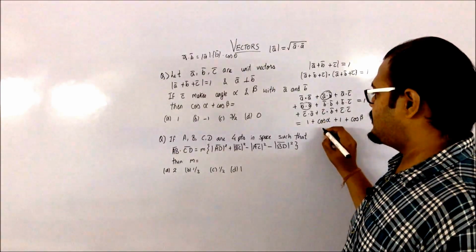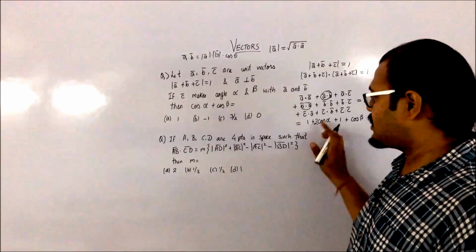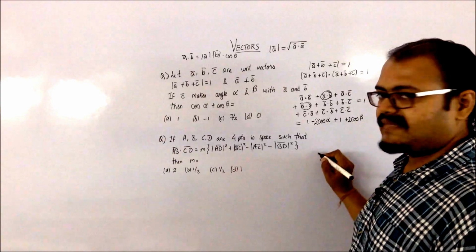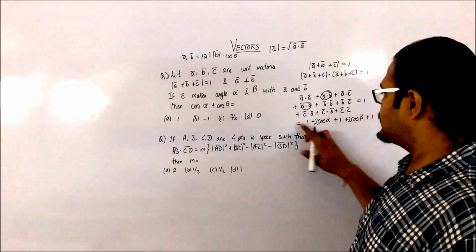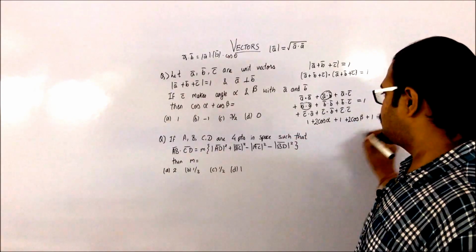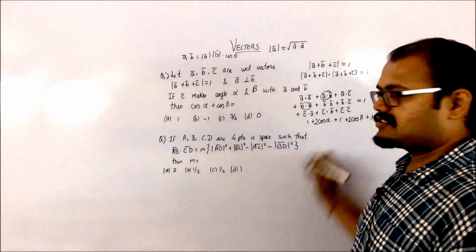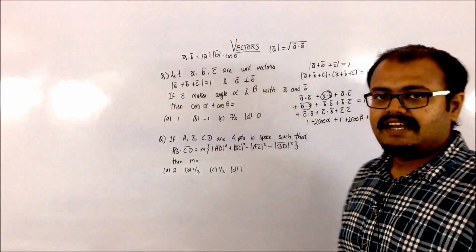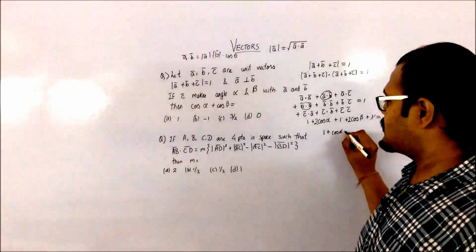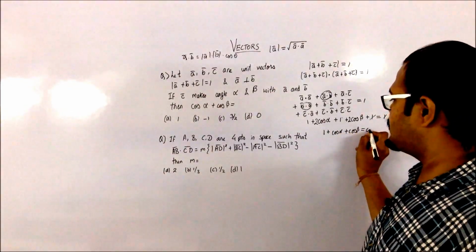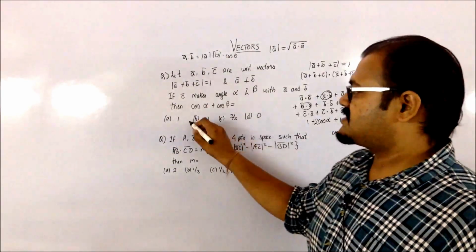Coming to C dot A, it will again have a cos alpha to it. So it's going to be twice of that. Coming to C dot B, again cos beta to it, twice of that. And the last one is the term plus C. Now this thing is going to be equated to 1. So one of the ones go from here. So you are having 2 plus 2 cos beta plus 2 cos alpha. Taking the 2 common, it will be 1 plus cos alpha plus cos beta equals 0, and cos alpha plus cos beta will have the value minus 1. So your option is B.